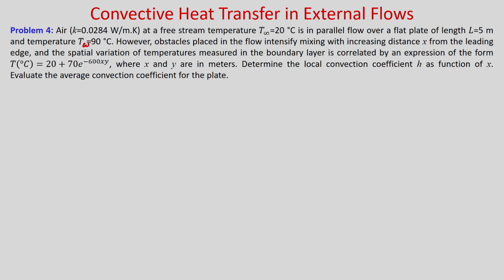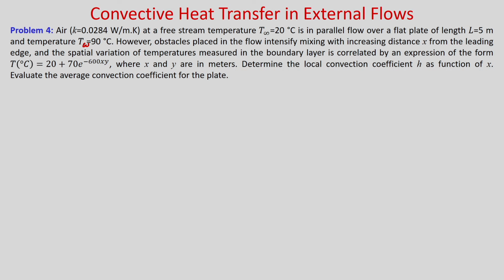However, obstacles placed in the flow intensify mixing with increasing distance x from the leading edge, and the spatial variation of temperature measured in the boundary layer is correlated by the expression T is equal to 20 plus 70 into e to the power minus 600 into x y, where x and y are in meters. Determine the local convection coefficient H as a function of x